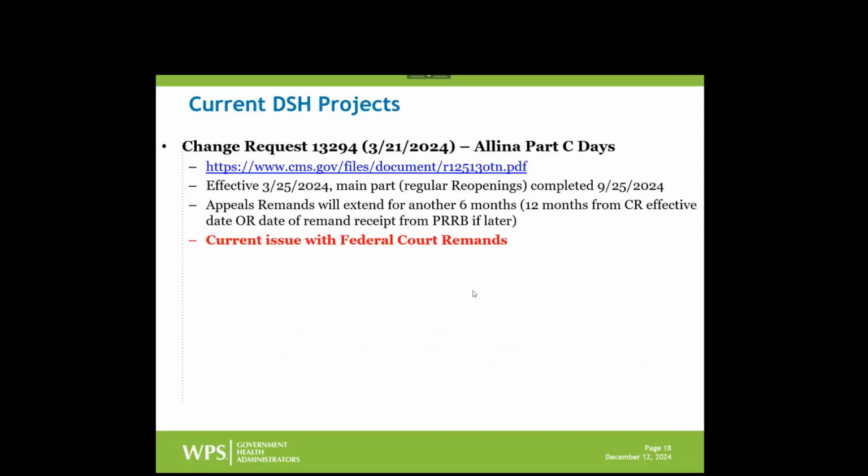So we've always got a lot to talk about with DISH. This is the topic that never seems to go away. We have a variety of things going on. A lot of these CRs were public CRs, so providers are probably well aware of it, or your consulting firms, home offices, whatever. So the first one I want to talk about is CR 13294, which was issued back in